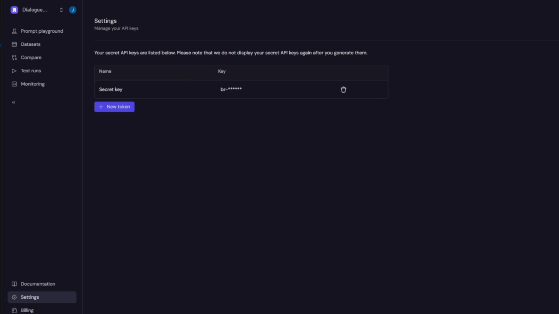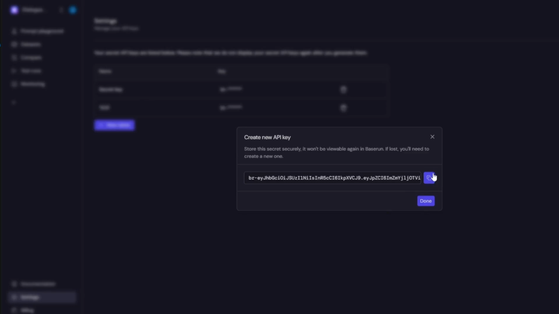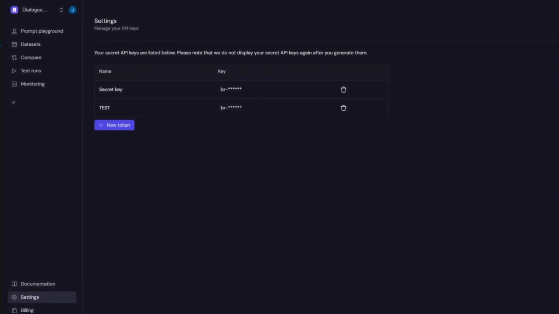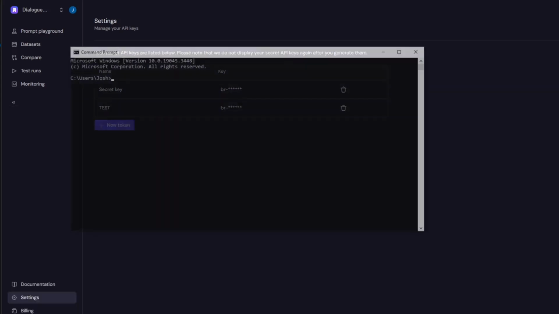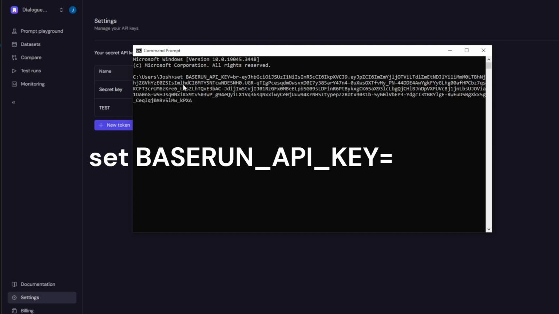So if you go ahead to baserun.ai, sign up, and then go to the settings page, create yourself a new token. I'll call mine test. Created. Copy it, and then depending on if you're on Windows or Mac, you will need a different terminal command to run. I'll put them both in the description, but I'm on Windows, so I'll be using this one. Open command prompt, paste in the key,